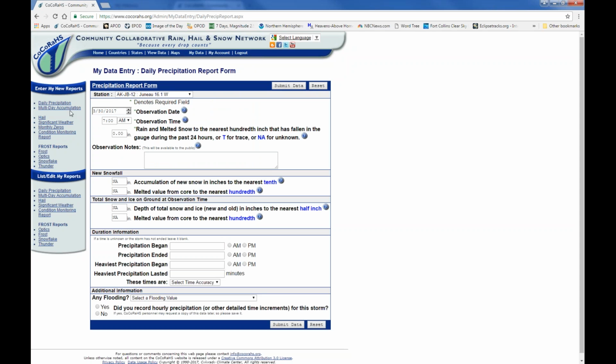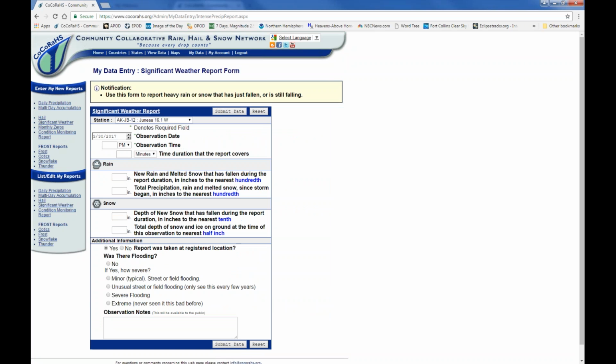Again, from that data entry page, looking to the left-hand menu, there are other reports to fill out. Hail and significant weather. These two we talk about all the time in Nolan's Catch. These two are real-time reports. So if it is hailing, or if you've got any other type of significant weather, it is raining cats and dogs, it's rained half an inch in the last 15 minutes, why, the National Weather Service wants to know about